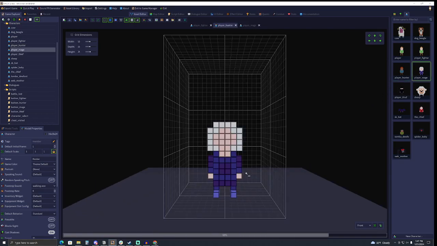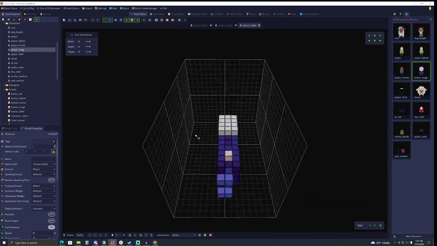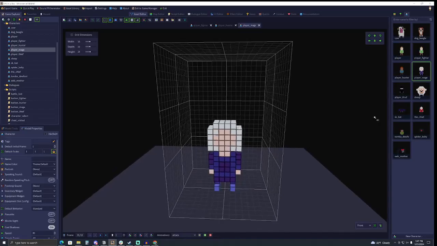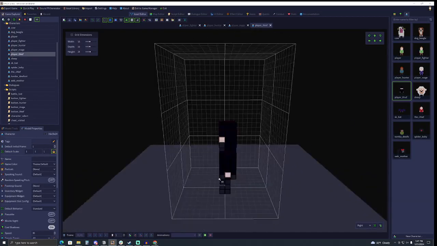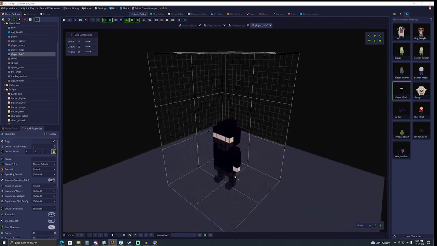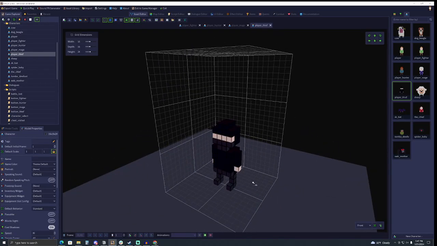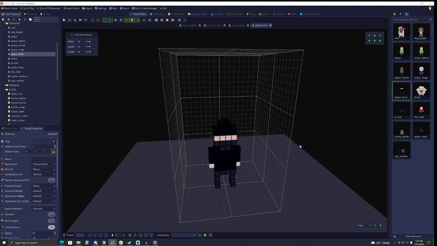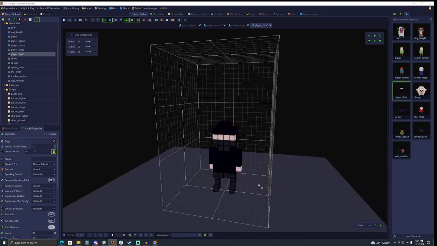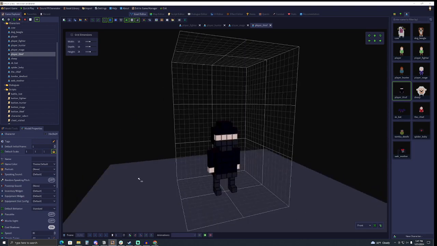Here's a mage. I created the mage to look more like they have robes on and big gray hair. And a thief. So this is a thief. I've planned them all to be kind of gender neutral. They're just, you know, doesn't matter. Guy, gal, whatever in between you want to be. This represents you. It's more about their abilities, which I'll show you in a second when we get to the